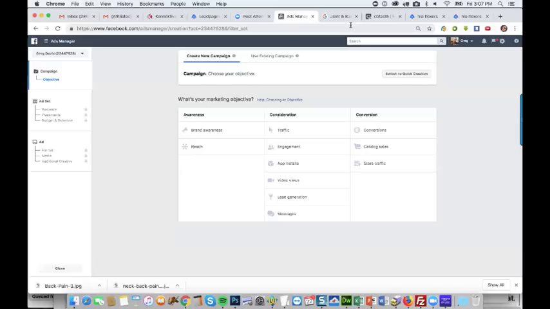Okay, so this is your pixel right here. Then this is the actual code that tells it what to do. So this pixel is going to stay the same in your whole account.